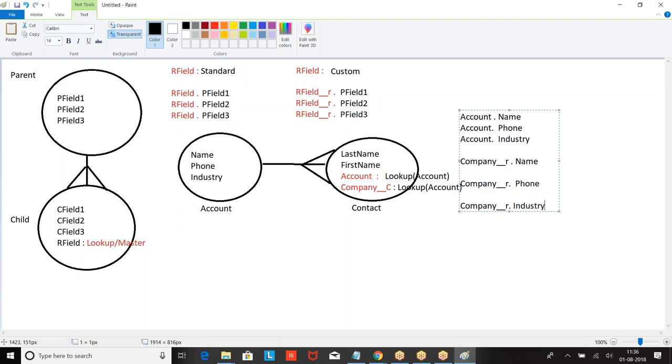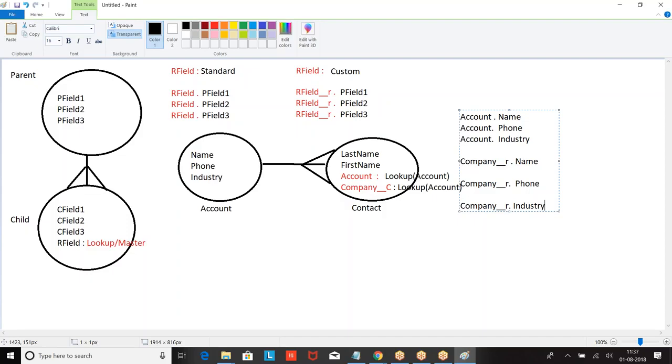Are you getting my point? If it is a custom field, company underscore r dot name, company underscore r dot phone. If it is a standard field, account dot name, account dot phone, account dot industry. We are not interested whether it is a standard object or a custom object. We are interested whether it is a standard relation or a custom relation.